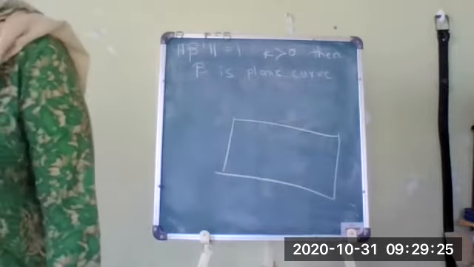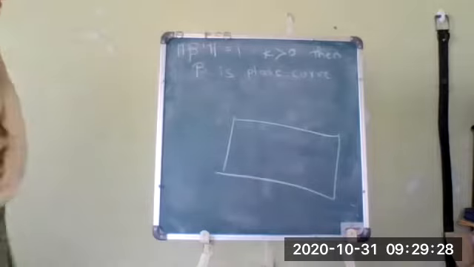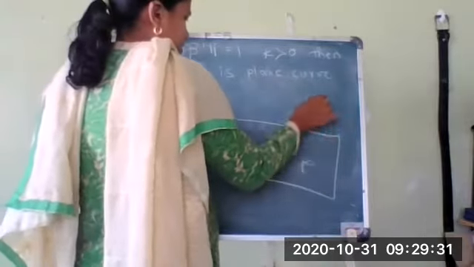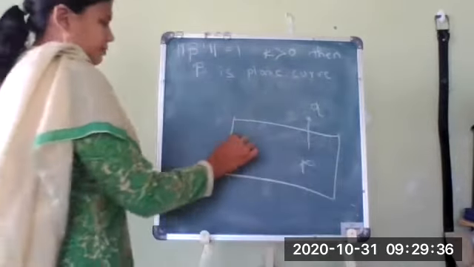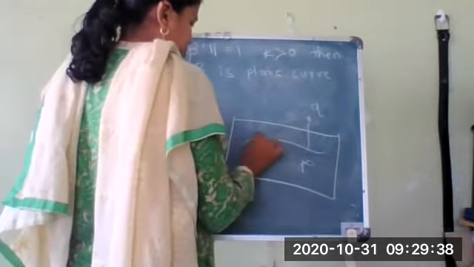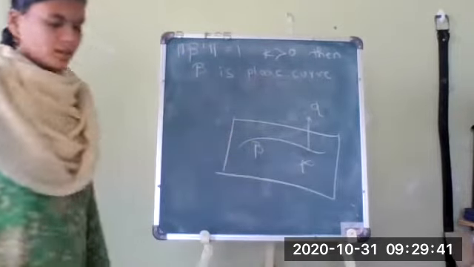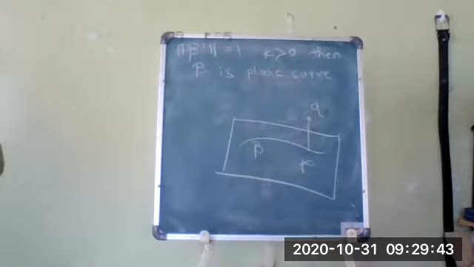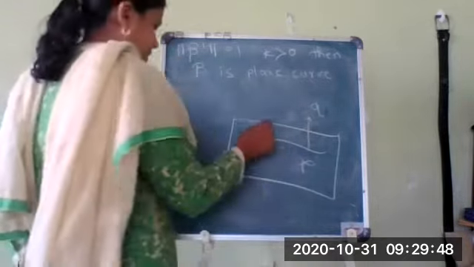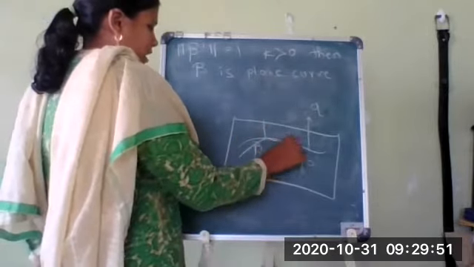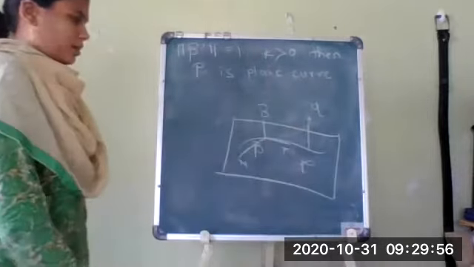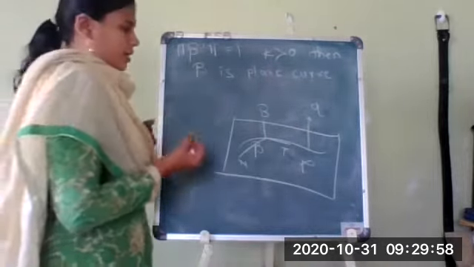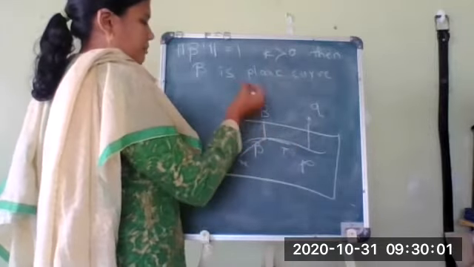In which, suppose we take some points P and Q. Suppose this is a point P. So this Q will be a normal to the plane, and this is a point P on the curve on the plane. Suppose beta is a curve here in the plane. Okay, if beta is a curve in the plane, at every point we can find the tangent, normal, and binormal. Okay, so at every point of the curve we can find a tangent, normal, and binormal.